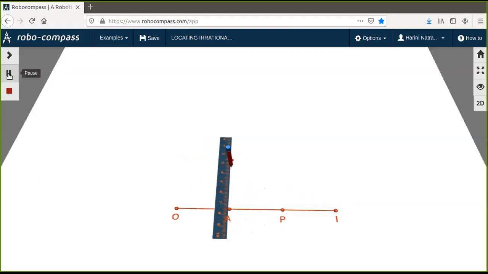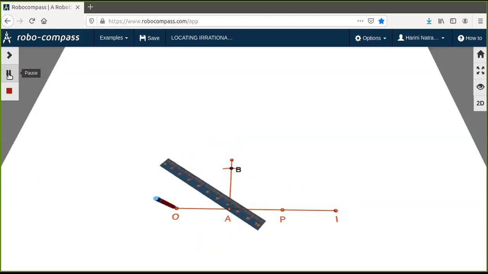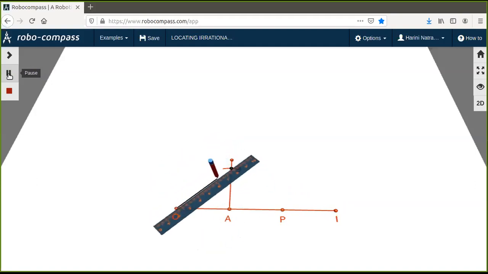So the 90 degrees is made and the line is drawn. The next step: because I know the length OA is 1 unit, I'm going to take that length in my compass, keep the compass at A and cut an arc. Where the arc and the 90 degree line meet, that's going to be your point, say B. Once that point is marked, name it B and join O and B. So your right triangle is ready now.